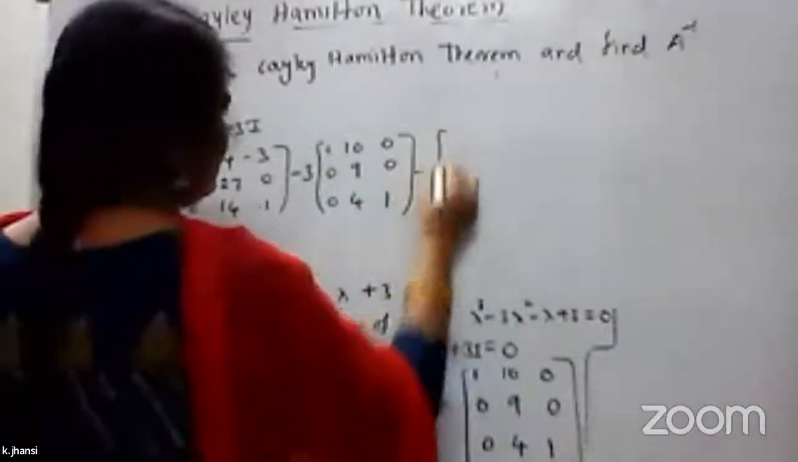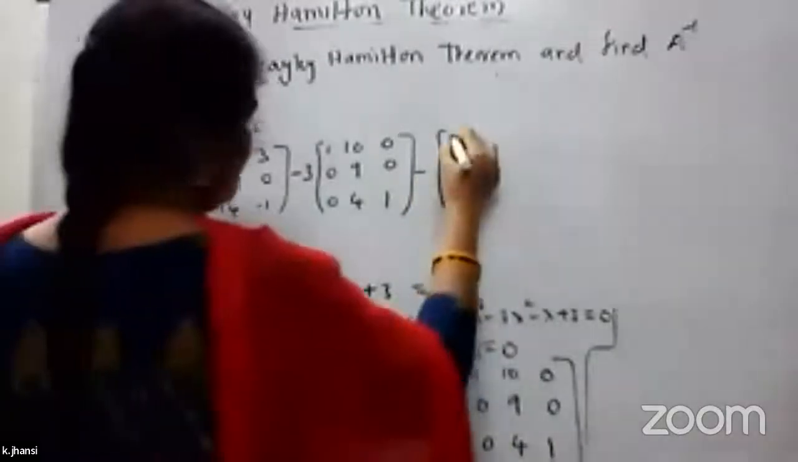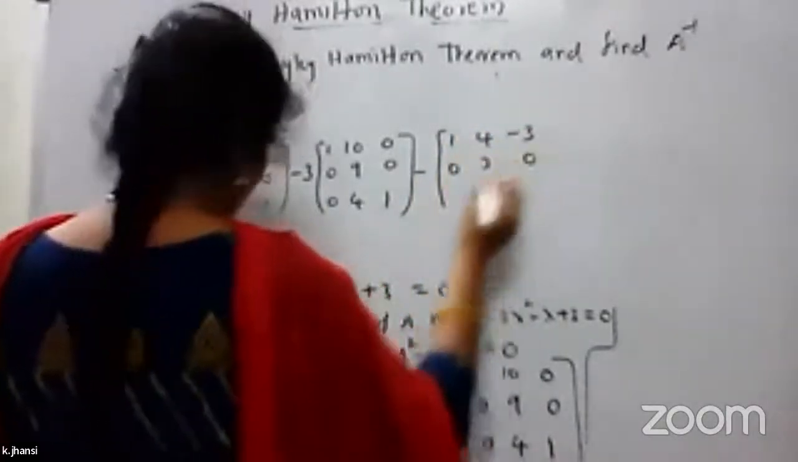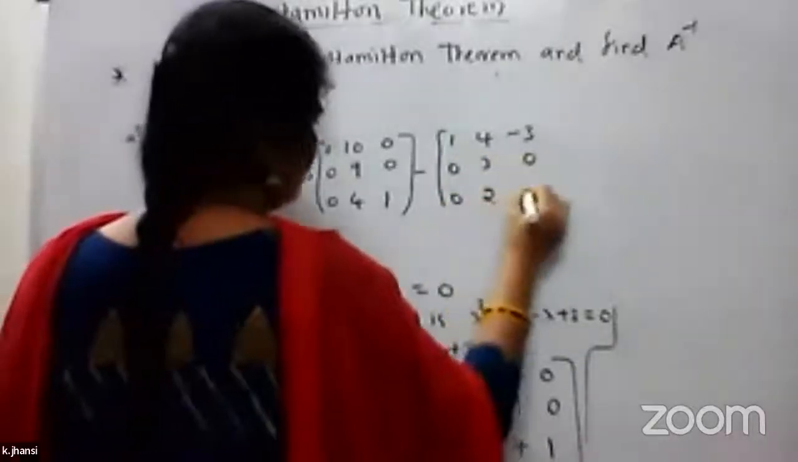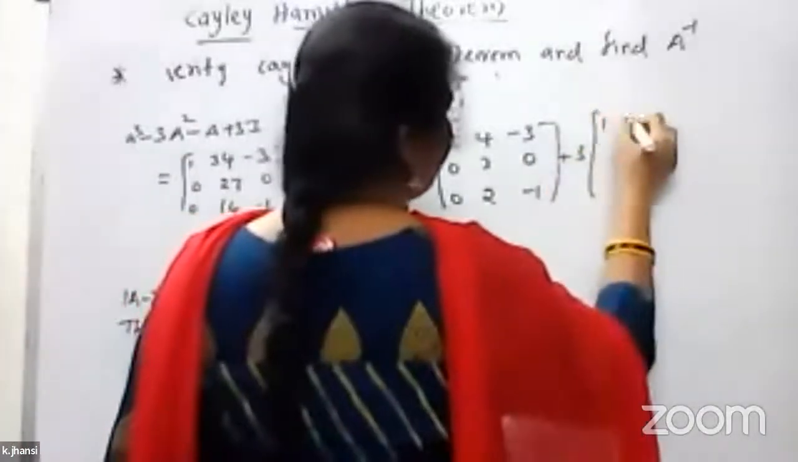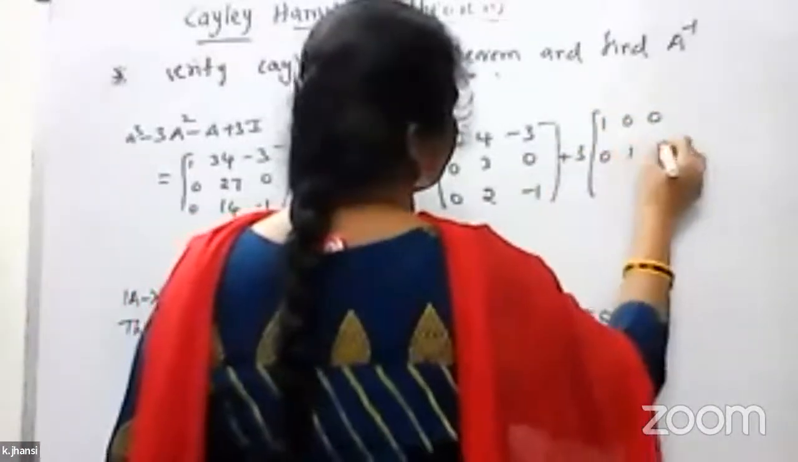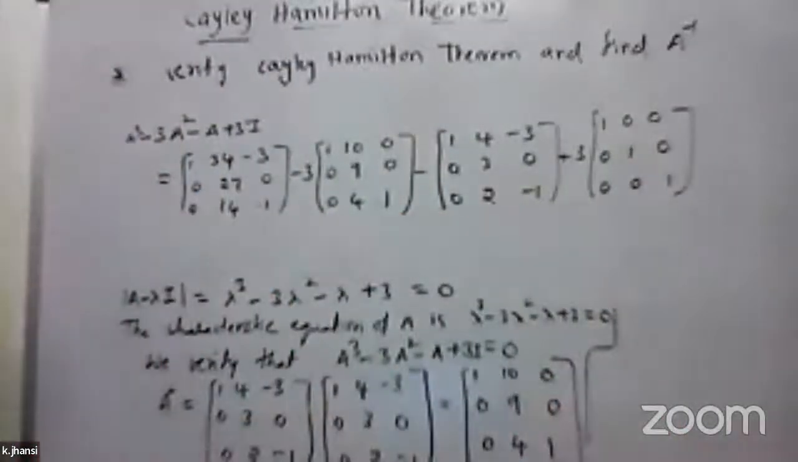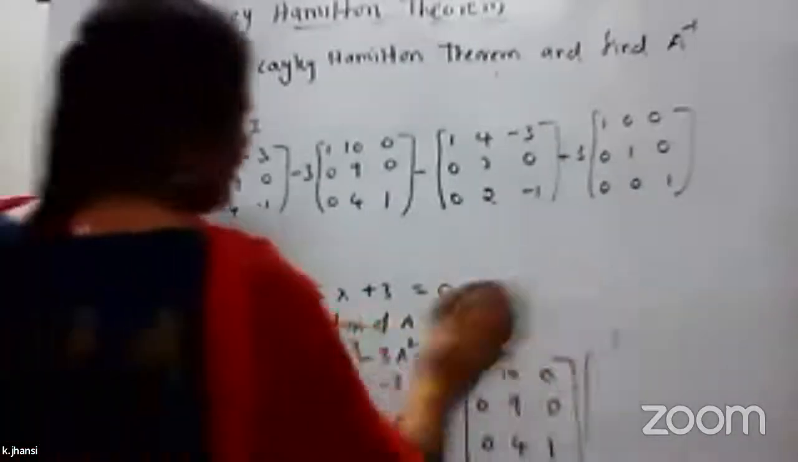So what is our A? A is [1 4 -3; 0 3 0; 0 0 2], plus 3I, where 3I means 3 times the identity matrix. So like this you have to substitute the values. When you simplify this,